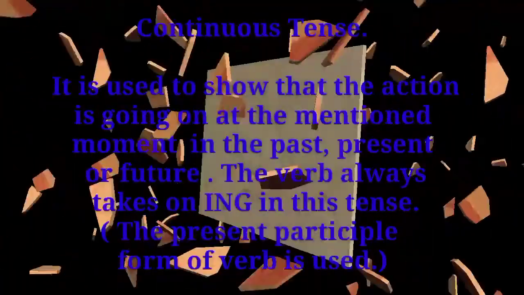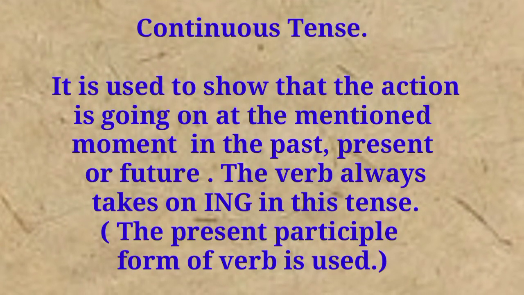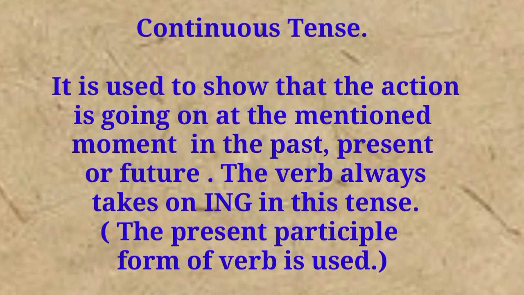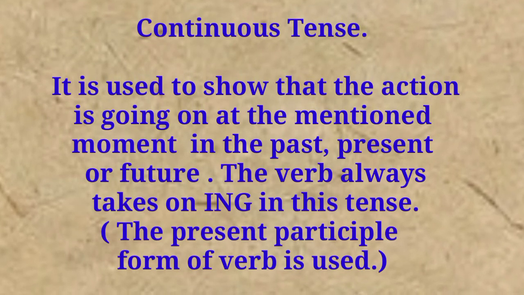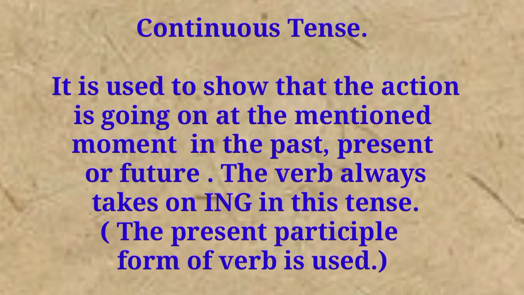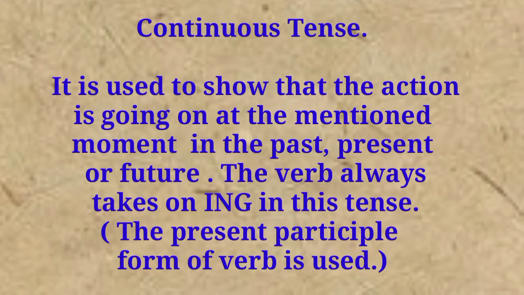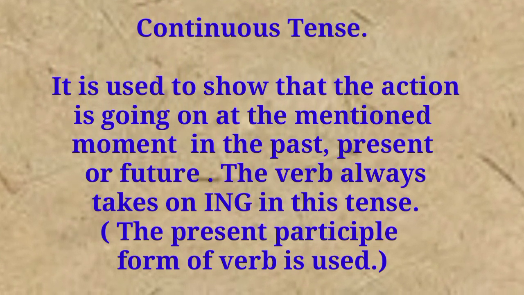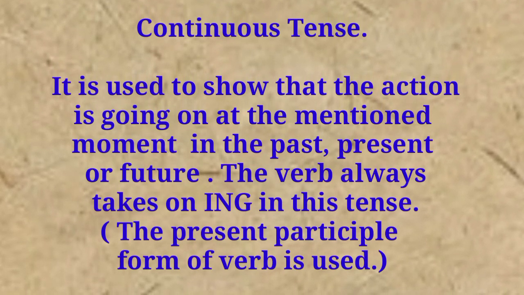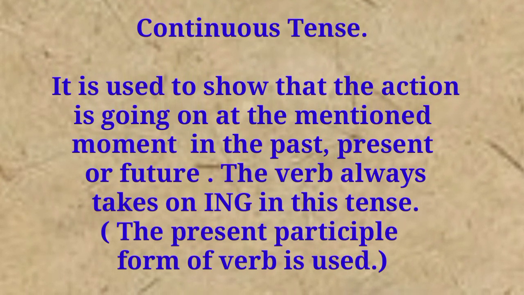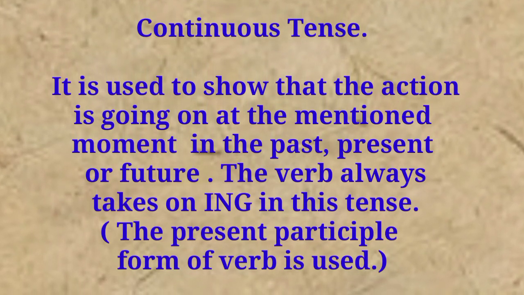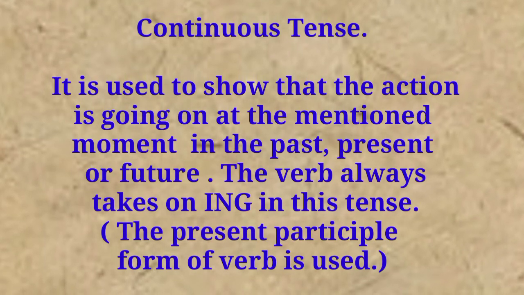Now the next one, continuous tense. Continuous tense is used to show that the action is going on at the mentioned moment in the past, present or future. The verb always takes on ing in this tense. This means that the word continuous tells that it is a going on process, and continuous tense means the work is going on, the action is going on, and this can be in the past tense, present tense or in the